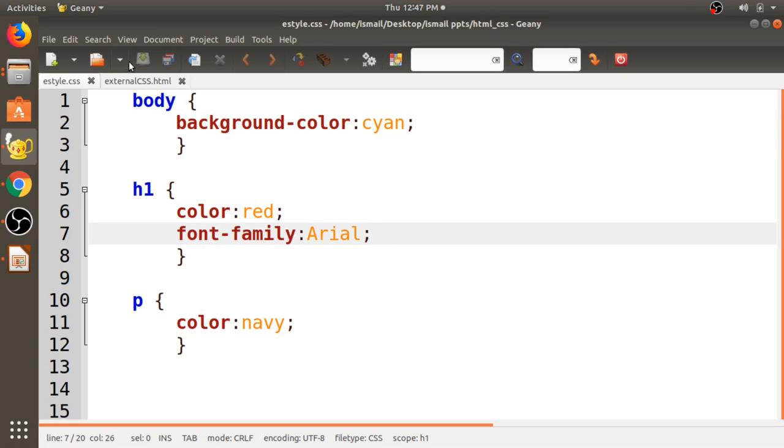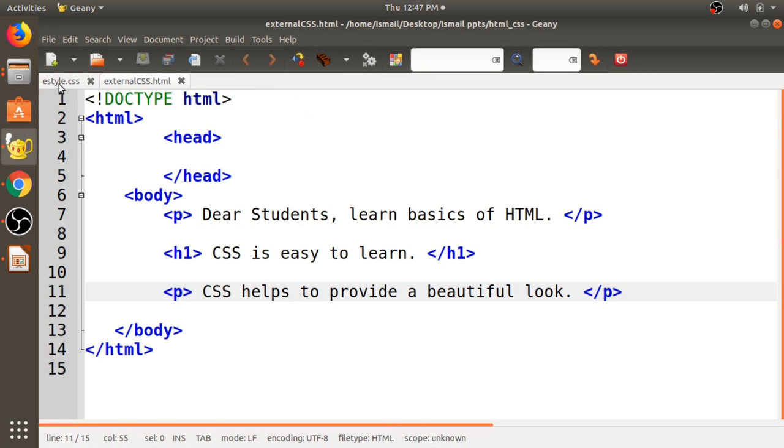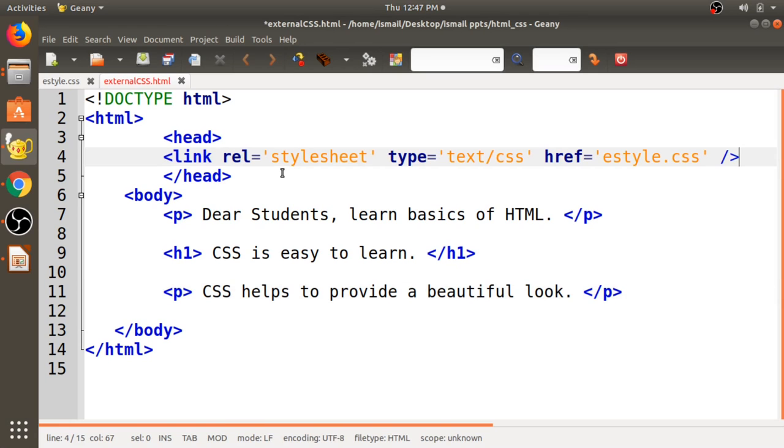Now let's save this file, and we need to link this estyle.css external CSS file to the HTML document using the link element under the head section. Now observe here, we have linked this estyle.css external CSS file to this HTML document using the link tag.